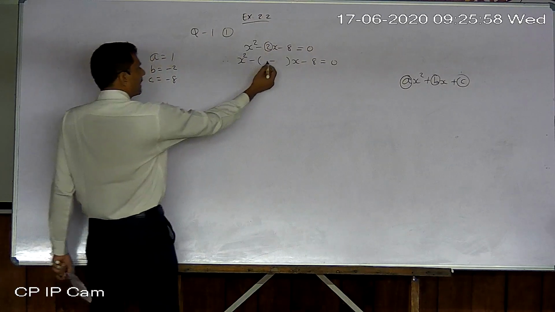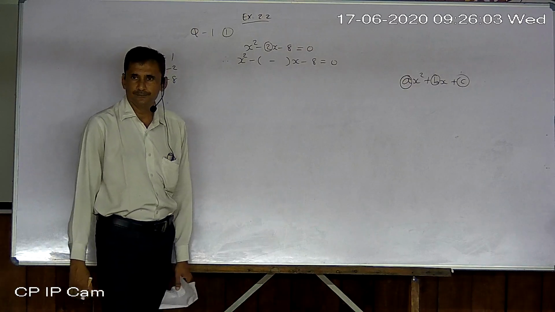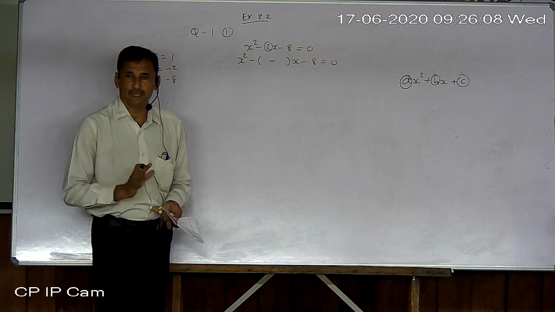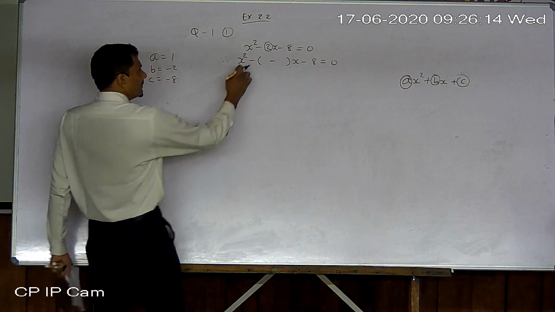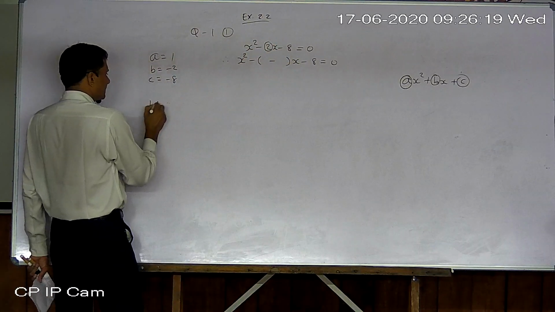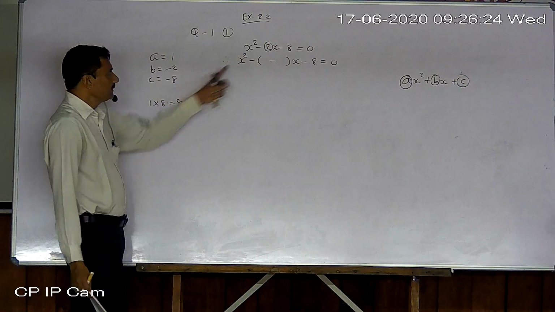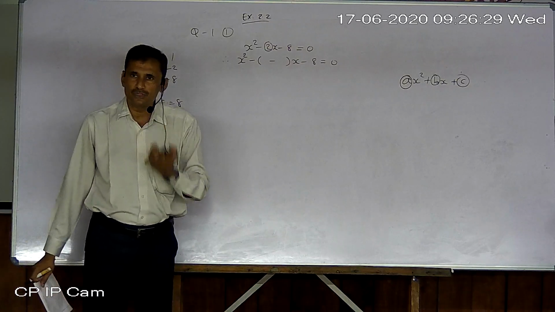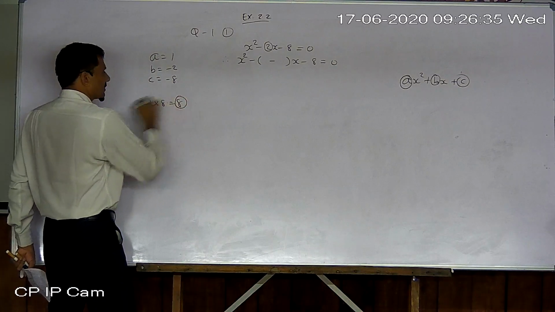Okay, but not just any way. You can write 12 minus 10, 2, 11 minus 9, 2, 10 minus 8, 2, but not any way. There are thousands of ways of getting 2, but out of the product of first and last, you have to select this number. So the product of first and last becomes 1 times 8, 8. Don't consider the sign now, only the numerical value. So we got 8 as a product.